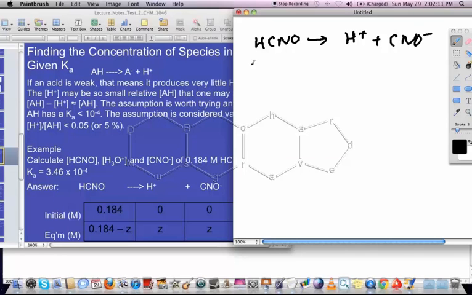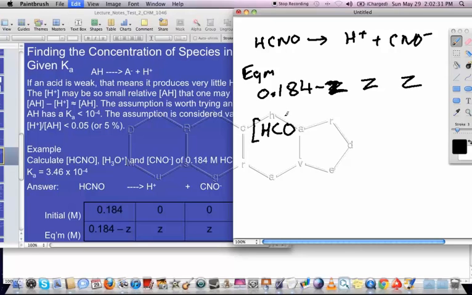And I'll just put in the equilibrium concentrations, that's what we're interested in. And we have 0.184 minus Z, and Z and Z. So the concentration of HCNO at equilibrium will be 0.184 minus Z,